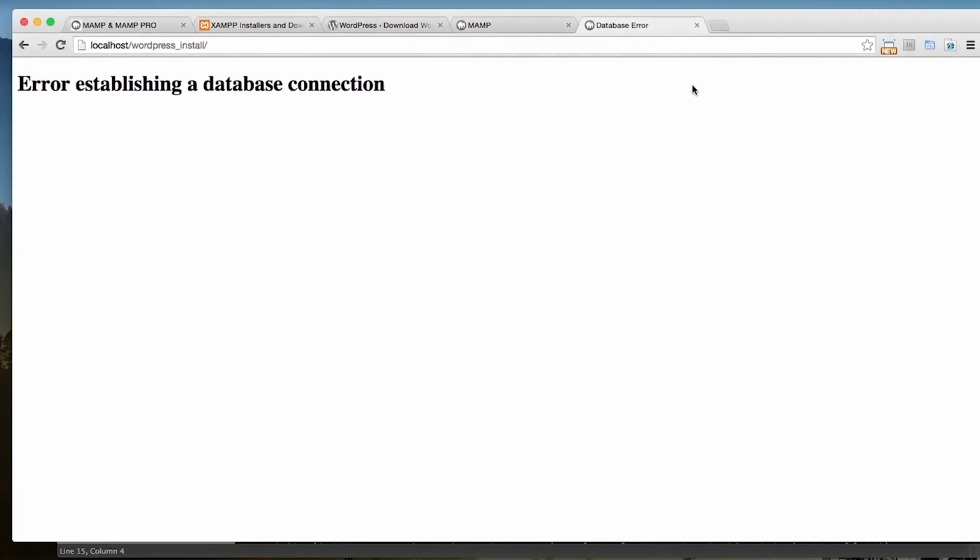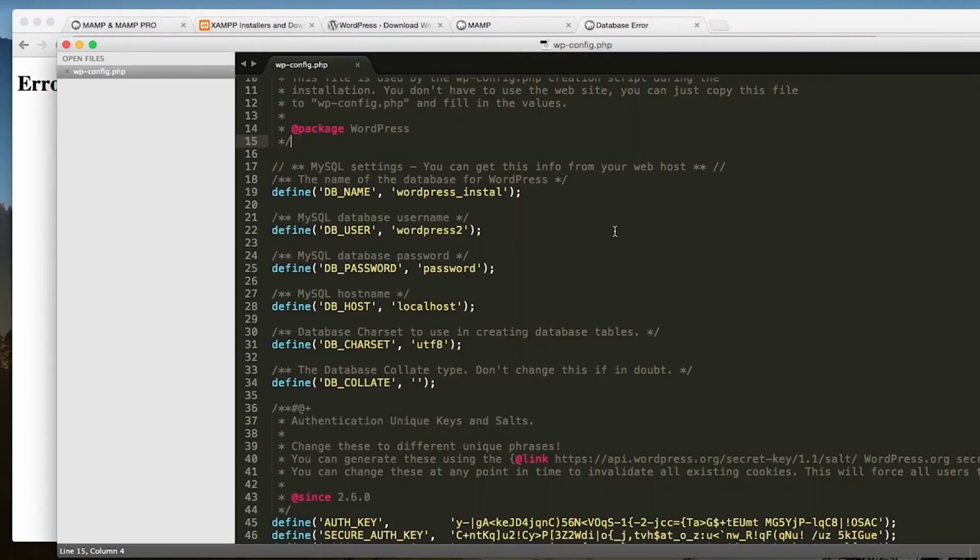So if you've been following along and you get this error establishing a database connection screen, the first thing you want to do is go back to your wp-config file and just check to make sure that the name of the database is correct. The database username, the password, the host name, just make sure everything is exactly how you typed it within